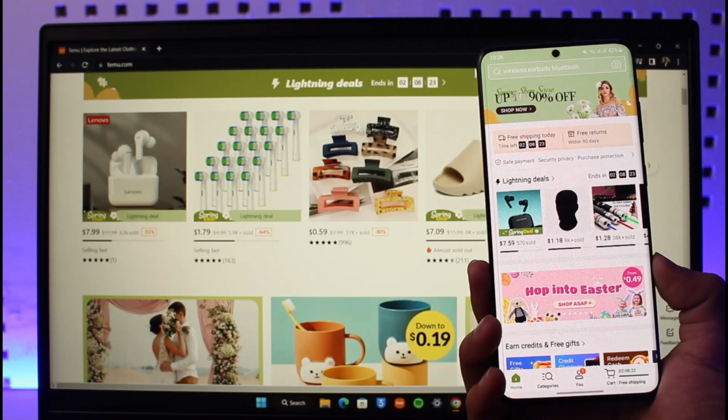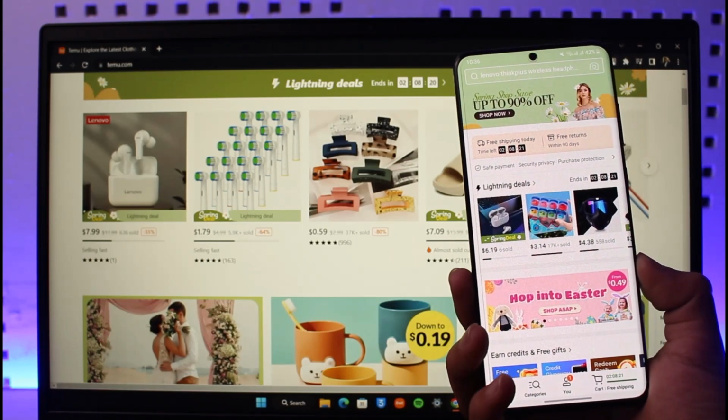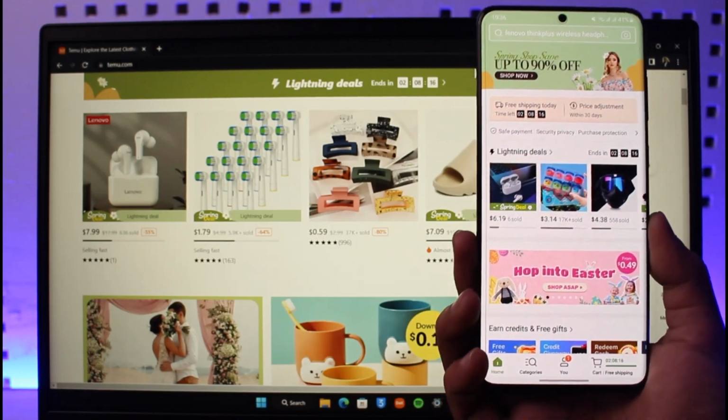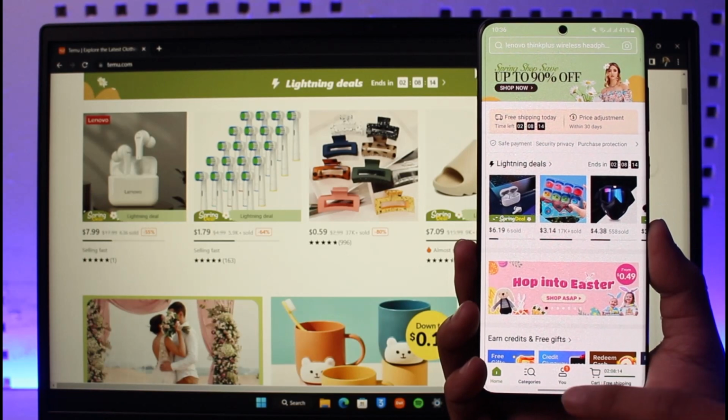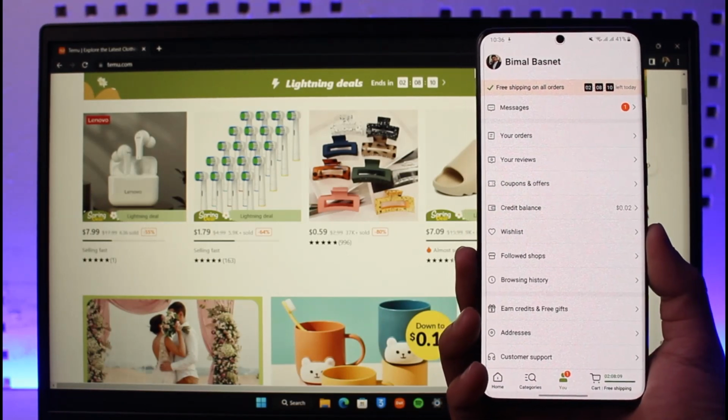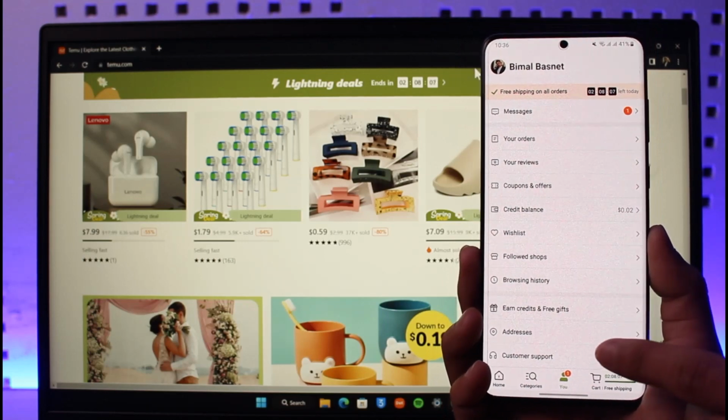Now, by the way, if you have not ever invited someone, by default, it is going to give you a pop-up to try to invite someone. But in case you don't see that pop-up, what you can do is right over here from the bottom, you can select this profile icon. Just tap on that profile icon and then you'll come to this page where you need to scroll